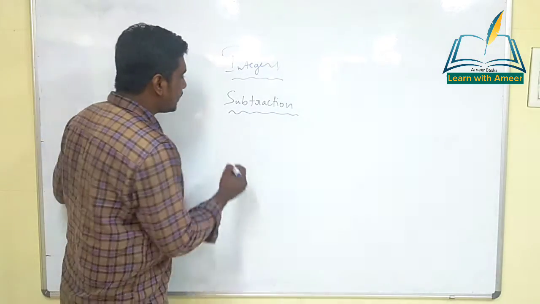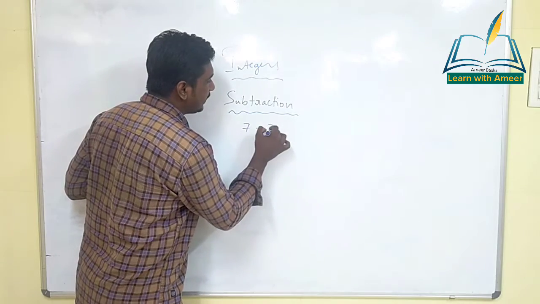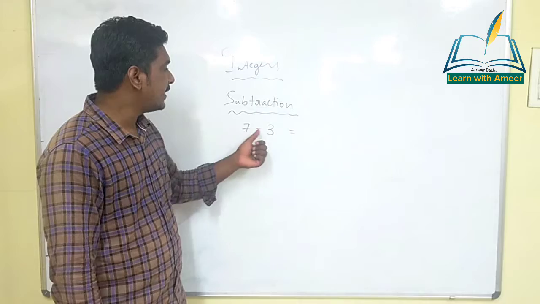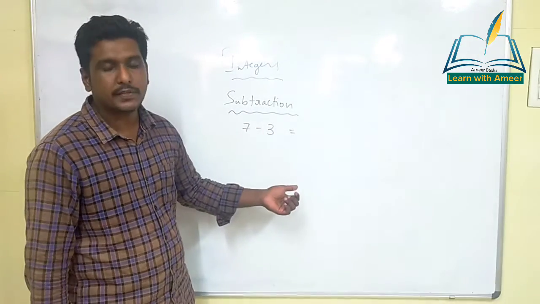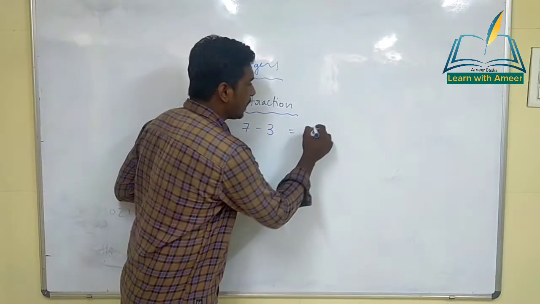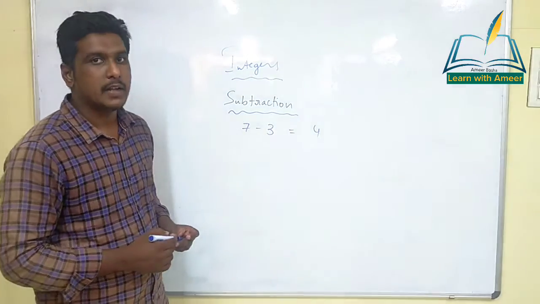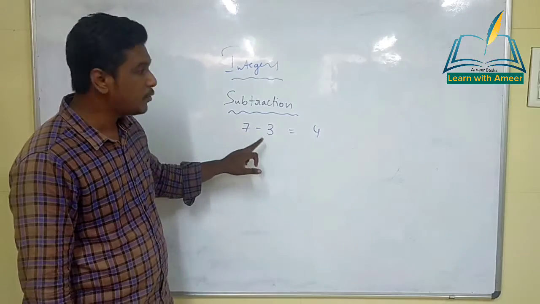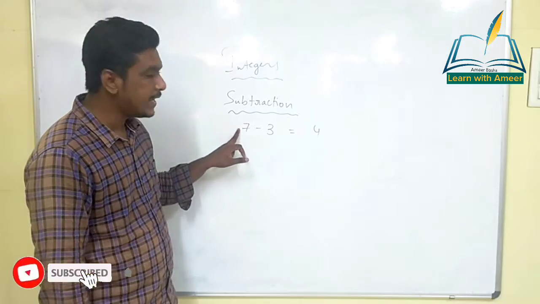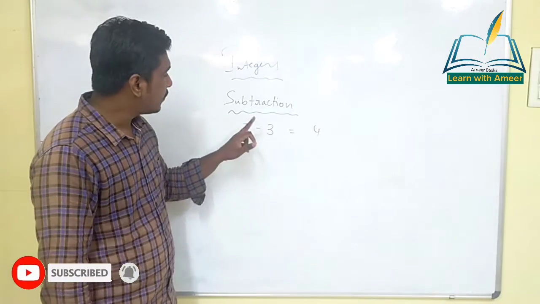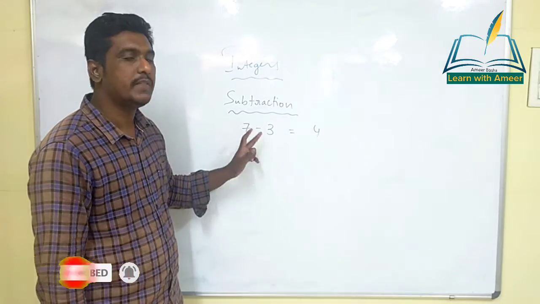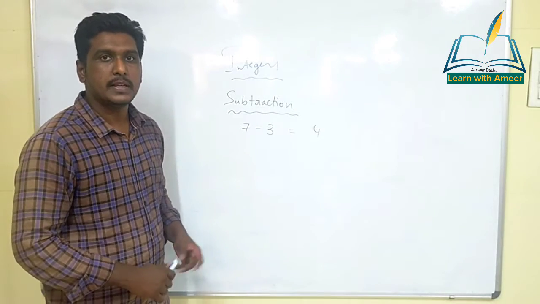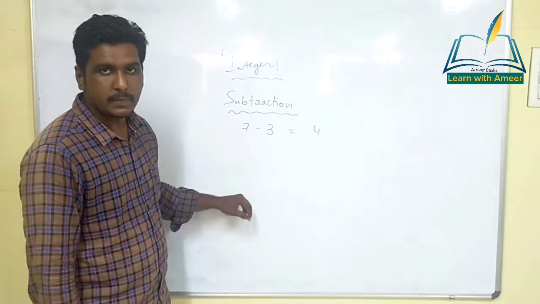Okay, children? First example is 7 minus 3. This one we can generally do directly. 7 minus 3 is 4. But if we apply this concept also, we can understand it like this. Here we have two different sign numbers, one is plus and one is minus. Once we have a plus symbol and a minus symbol, two different symbols, what operation do we have to do? Subtraction. So 7 minus 3 will be 4.